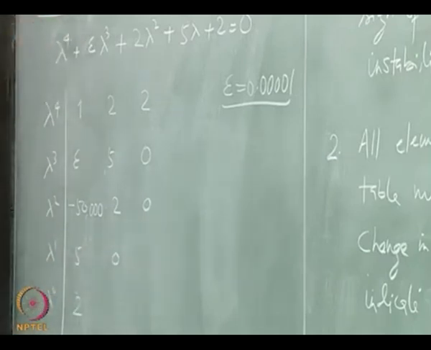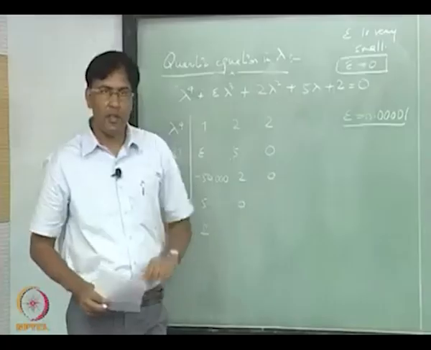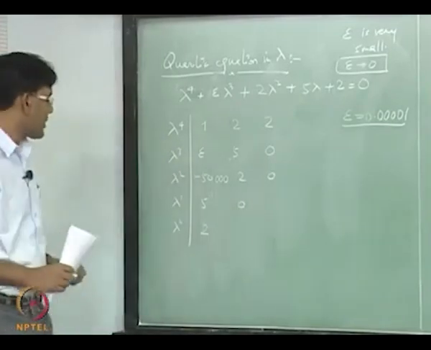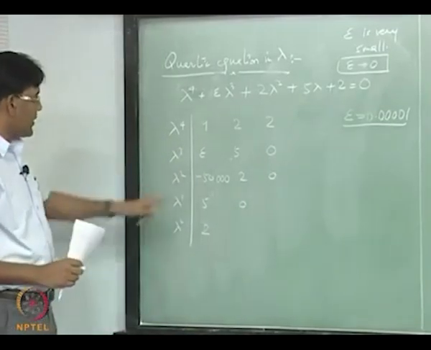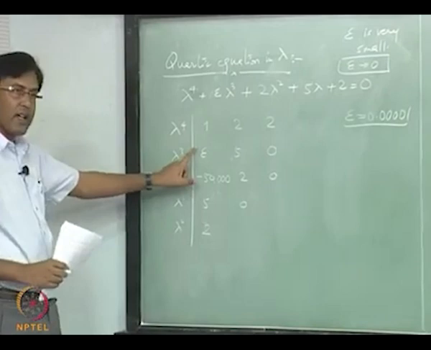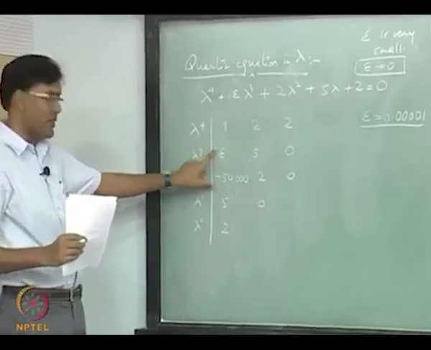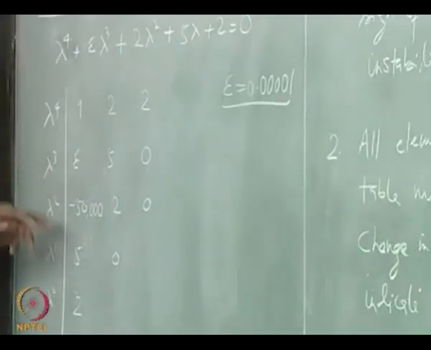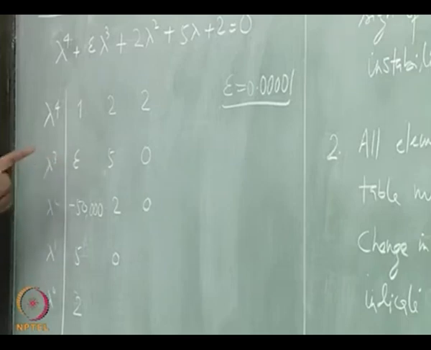So, epsilon is a positive number, but in the limit you have to do this, right. So, because this is positive, the change in sign again here we see is twice, right, positive to negative and negative to positive. So, two roots with